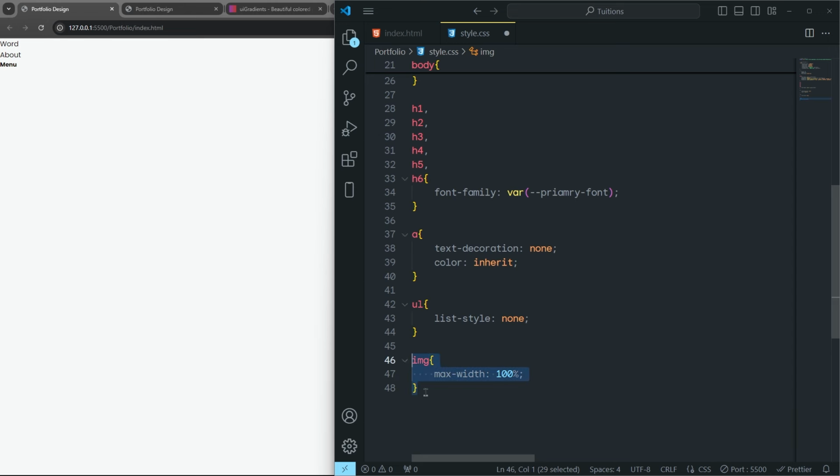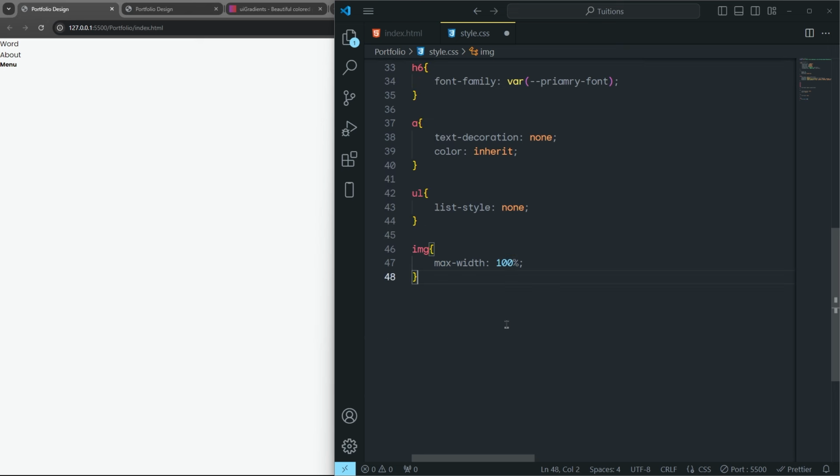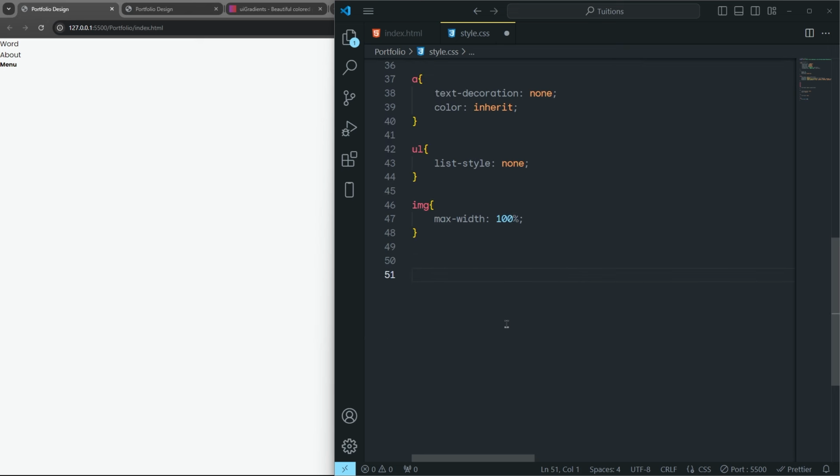So all the images should have a max width of 100%. Just out of that, right down here, once we have all the global classes, let's start styling the header. So I'm going to start the header right here. I'm going to add a comment and say header styling. Let me close this comment so that it indicates this is the closing of header